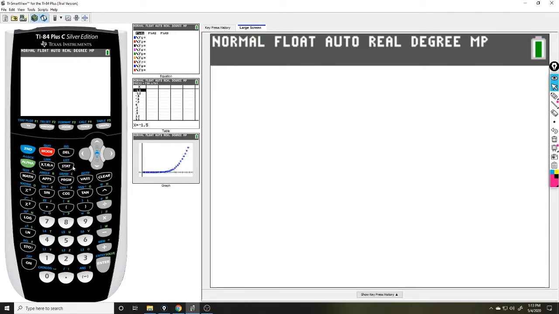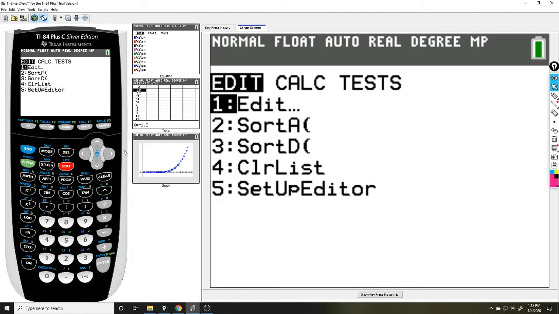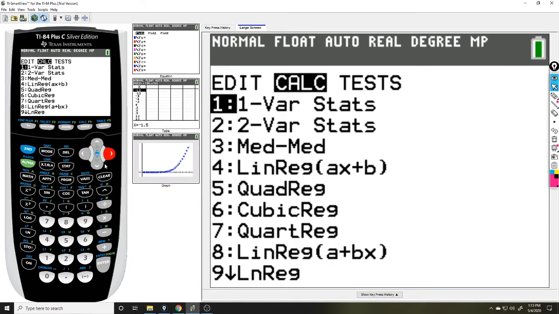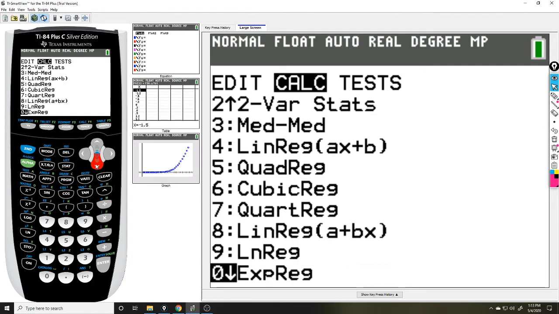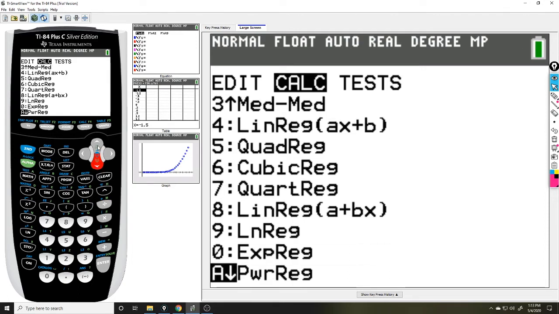Method number one is I can go over to stat and calc, and you'll notice that we've had linear regression, and that's what we used, but there's also quadratic regression, cubic regression, logarithmic regression, power regression, but we're going to look at exponential regression,